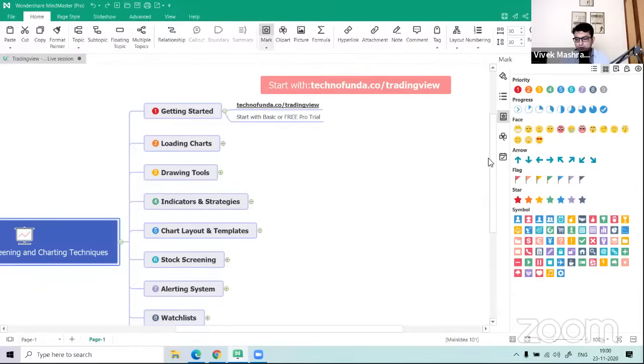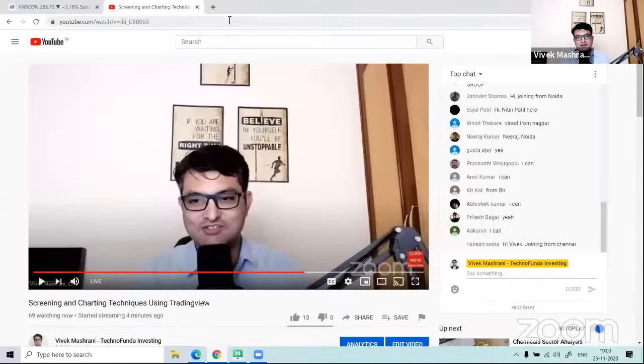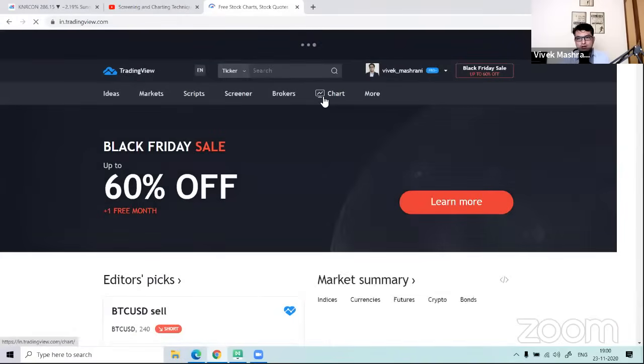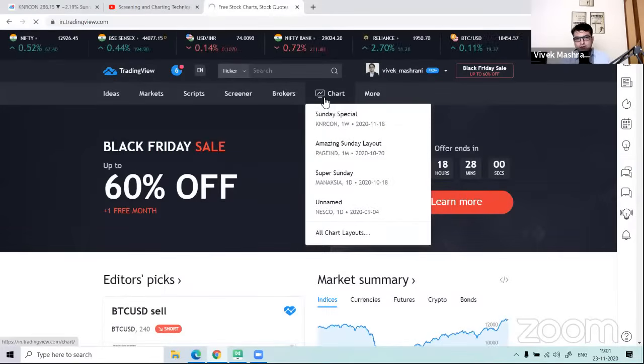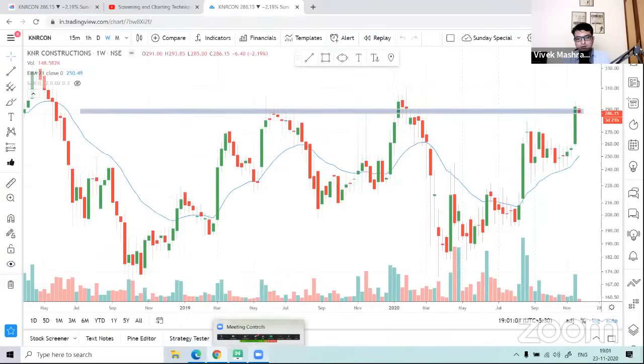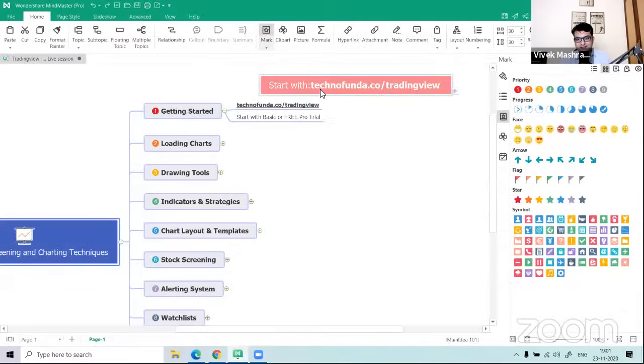And for people who are new to this tool, basically what we are going to cover is the tool called Tradingview, and I'll just paste it here. Right, so this is what it looks like. For people who don't have an account, you can create a free account. You can just go to this link,